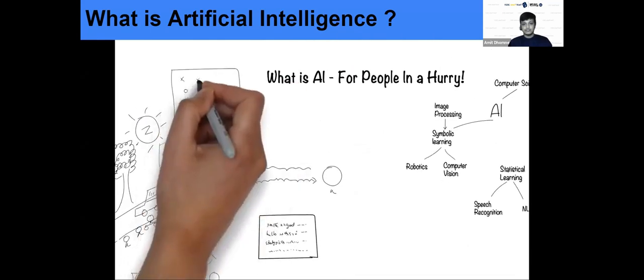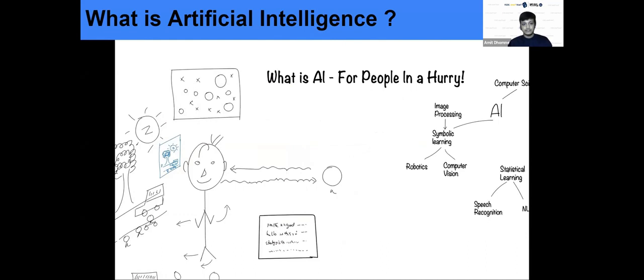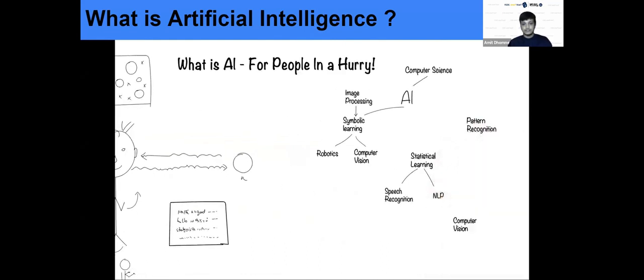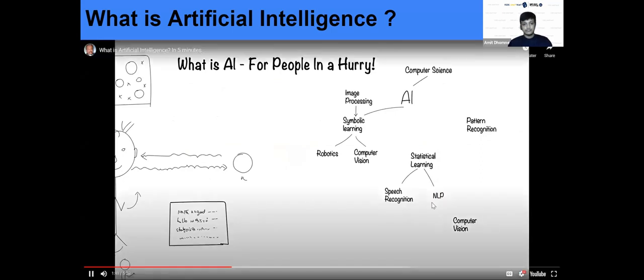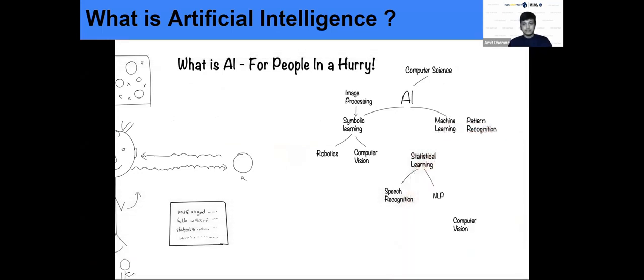Humans have the ability to see patterns, such as grouping of like objects. This is the field of pattern recognition. Machines are even better at pattern recognition because they can use more data and dimensions of data. This is the field of machine learning.